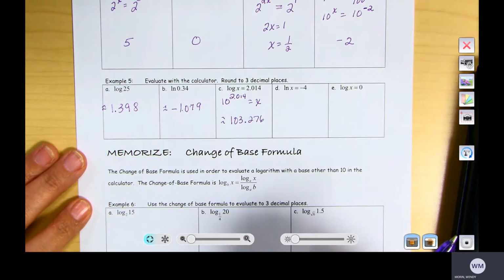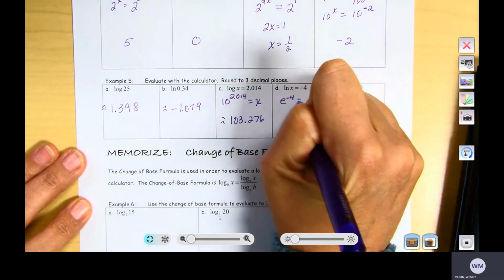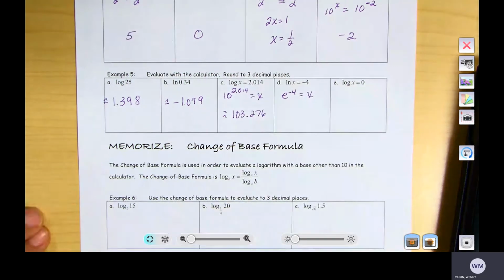Next one. To solve a log equation, you change it to exponential form. Go ahead and change it to exponential form. Notice, everything that we have done in the past, we keep building on. That's why this chapter is so hard for people, because they fall behind. You need to stay on top of things. You need to ask questions. You need to do all of your homework,